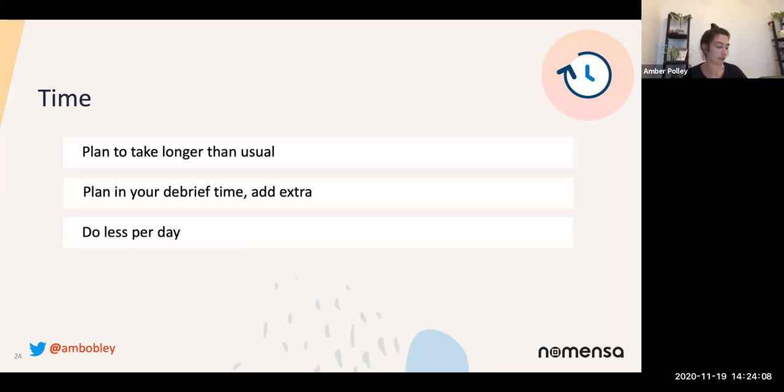And also do less. If the sessions are longer, you're not going to be able to do as many per day. Normally, if I'm doing quite research intensive days, I'll do 5 or 6 sessions a day. I'd probably cut that down to 3 or 4 maximum. You'd still potentially be able to do your 6 per day, because you've got your buddy to alternate. But it's about mitigating and taking that load of this heavy research topic off you as much as possible. So just add more time.